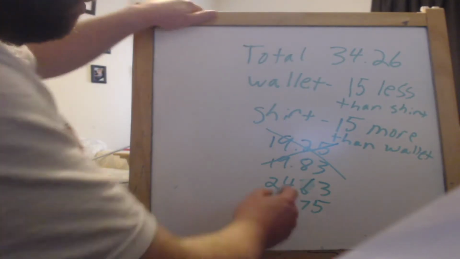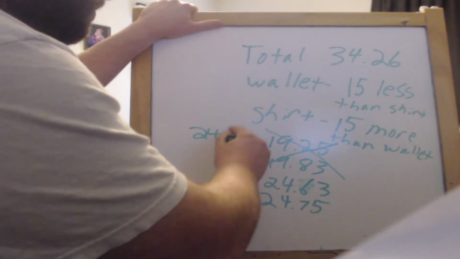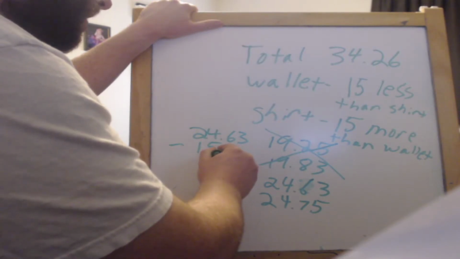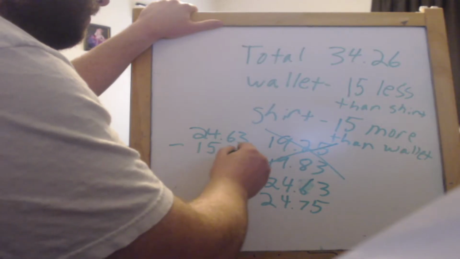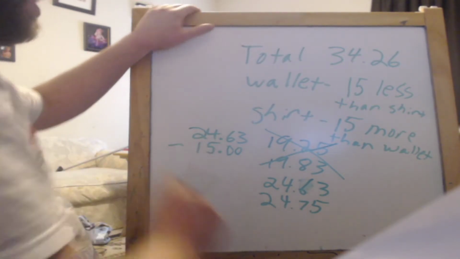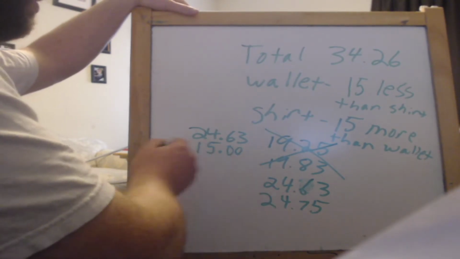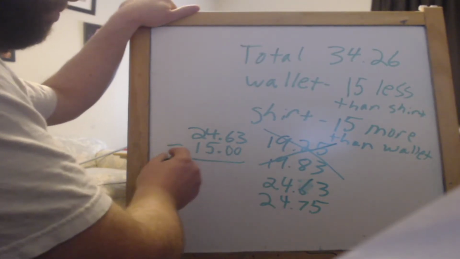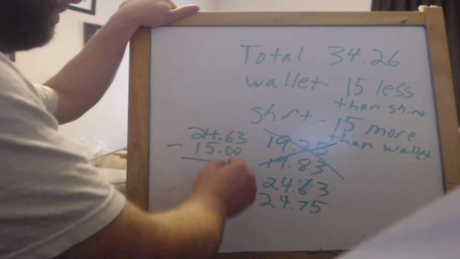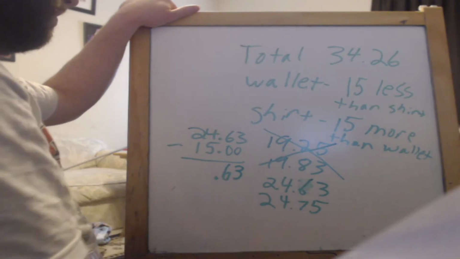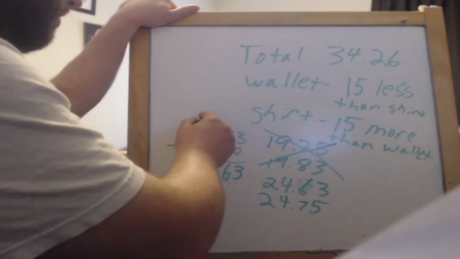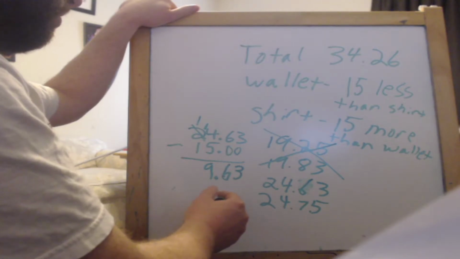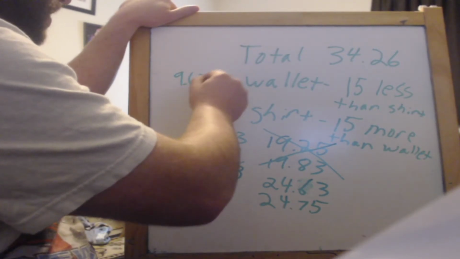Okay? So let me subtract 24.63 minus 15. Remember, we're lining up the decimal. And the decimal always comes after the ones column on a whole number. I like to just throw in these zeros because they don't change the value and they make it easier to subtract the decimal. So 3 minus 0 is 3, 6 is 6. Then you bring the decimal down, 4 minus 1, I can't do that, so I turn this into 14. 14 minus 5 is 9. So it's 9.63, and then I have to add 9.63 plus